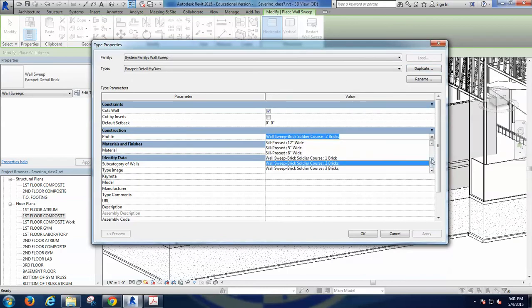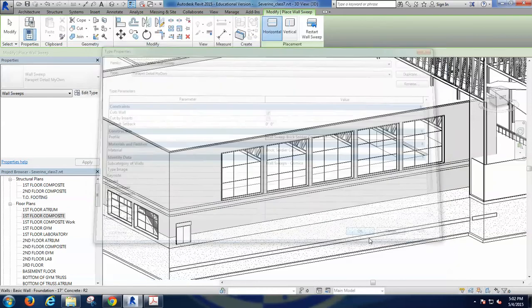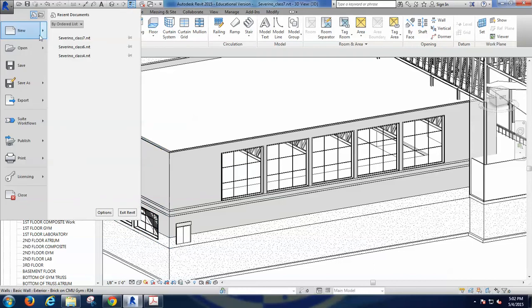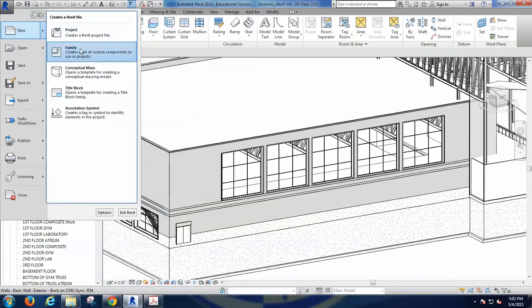And I want a profile here of my own. I want to create my own profile. You know, I don't like the pre-made caps, the parapet caps, or the wall sweeps that I've been given. I want to do my own. So for now, I'm going to just say OK. I'm going to escape that because I need to create a family of a sweep. So the way you do it is new, family,